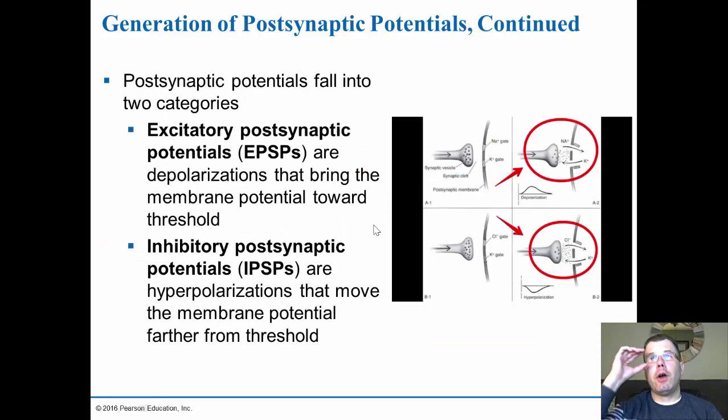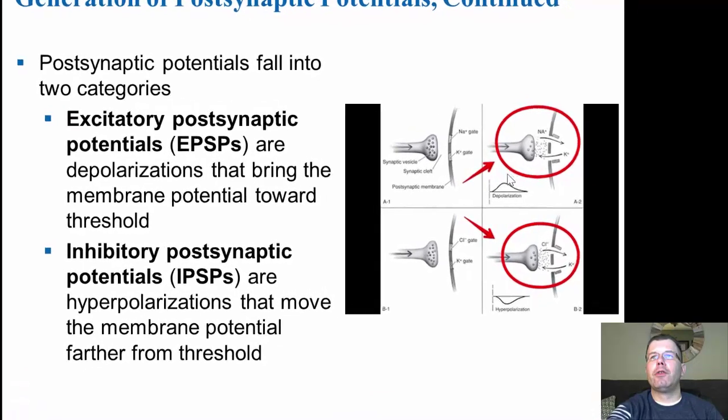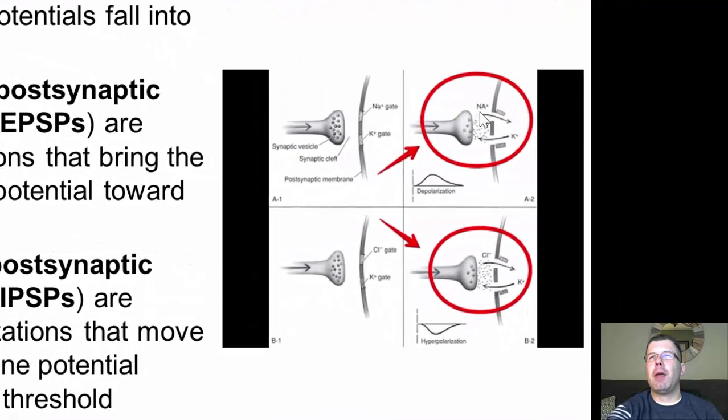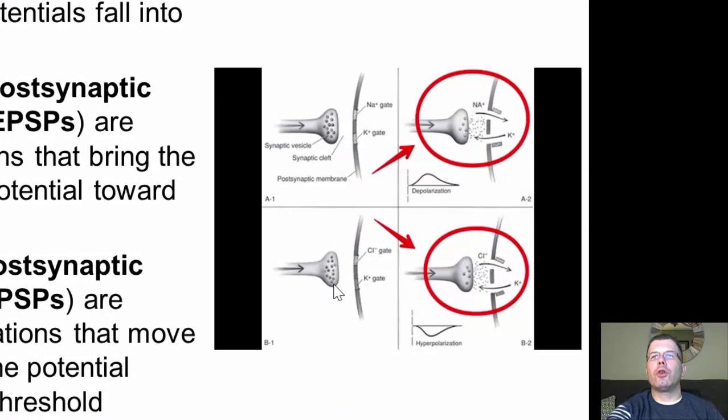Now, there are two types of categories for postsynaptic potentials. You either have an excitatory one, which means a positive response, so you get a depolarization of the signal. Or you get a negative response, which is a hyperpolarization, so it's an inhibitory signal. You can see the difference. The big difference is, is it sodium that's being allowed in, or is it the calcium? And so the sodium